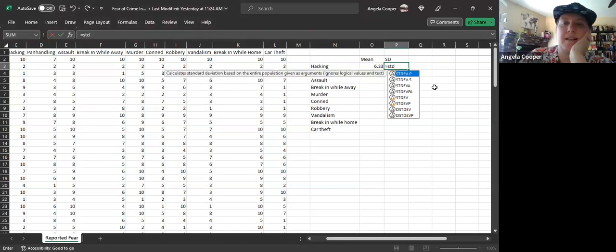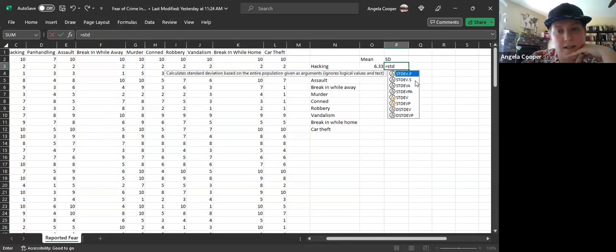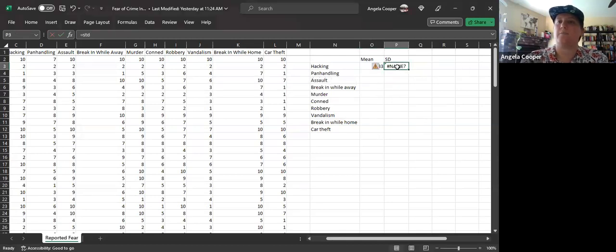Now, one of them is STDEV.P, and the other is STDEV.S. Now, the difference between these two, as their name kind of symbolizes, is that STDEV.P is population standard deviation, and .S is sample standard deviation. Now, before we start clicking, it's like, oh, it doesn't matter. Let's just pick one. Let's just go for it. No, it does matter. What we have to do to determine which one we need, the population or the sample standard deviation, is